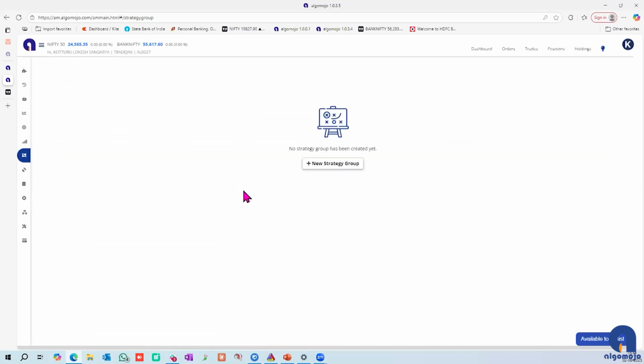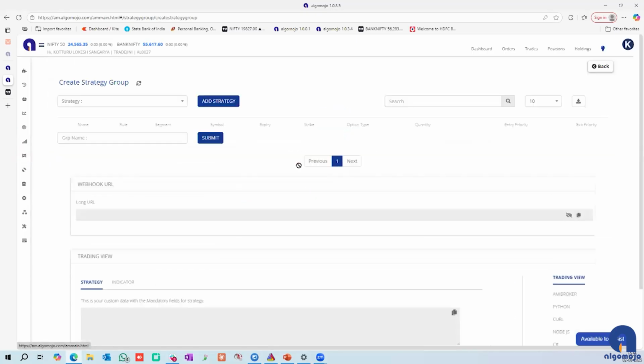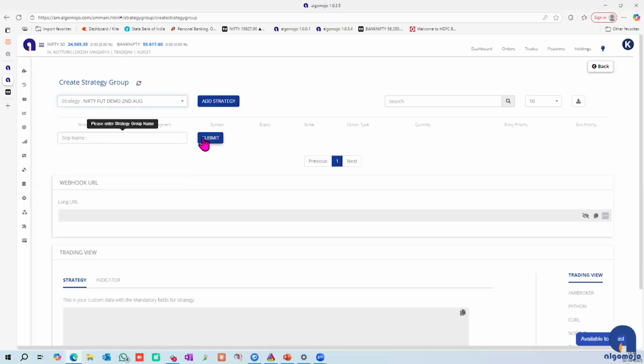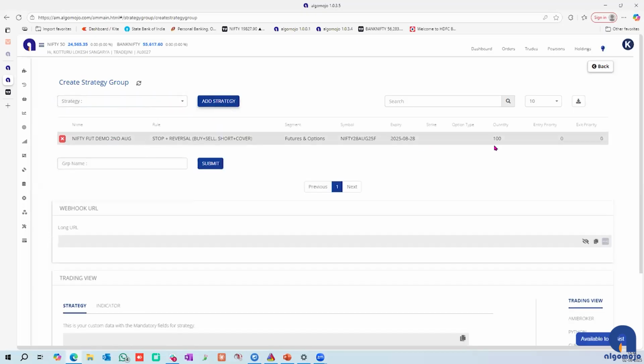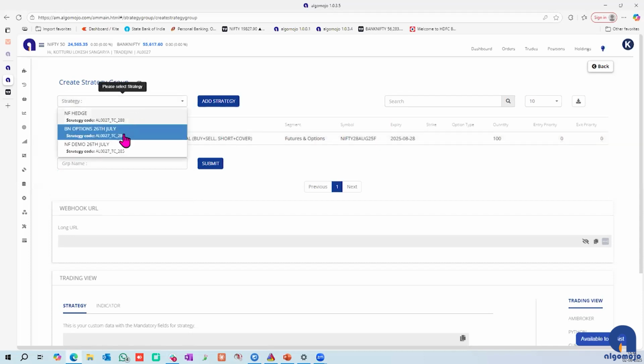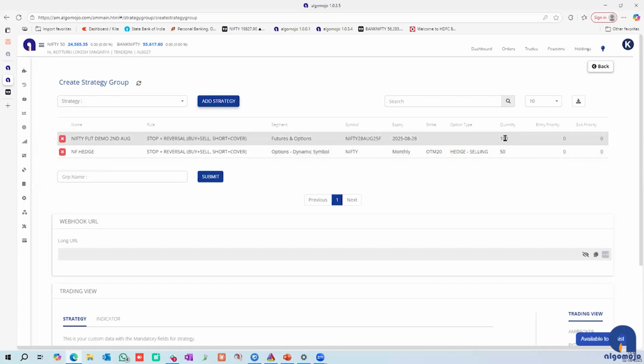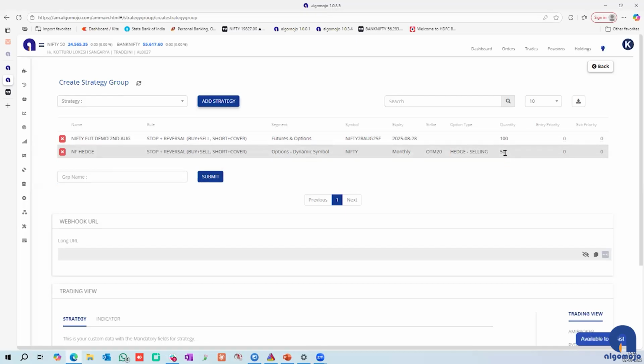We go to this group and create a new group, wherein we say that I want to hedge my futures, for example, this strategy, wherein I want to trade in 100 quantity of Nifty futures. I want to hedge it with an option. So we said that we want to trade in 100 lots of Nifty future and hedge it with 50 lots, not option buying, option selling of OTM 20. So we have created these two legs,